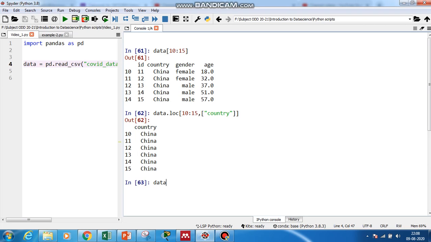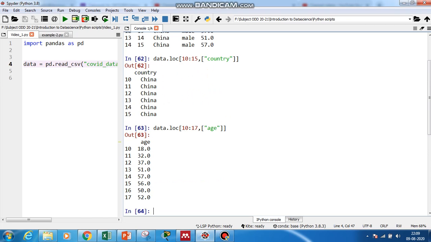So I can also give data.loc of colon 10 colon 17, comma, and now I want to fetch the age. So here you see only the age column is fetched.